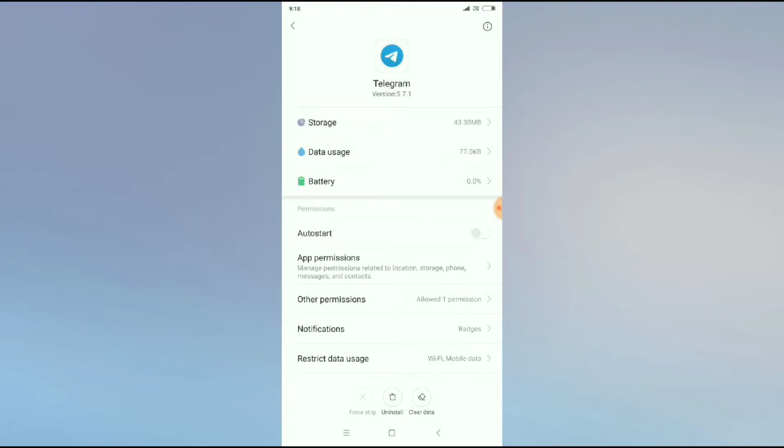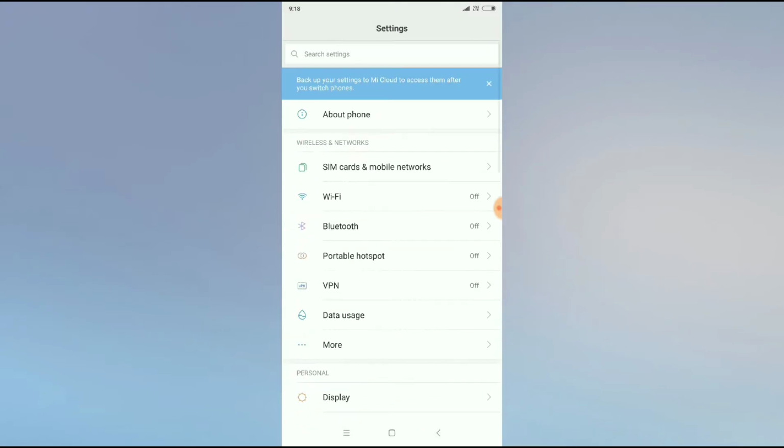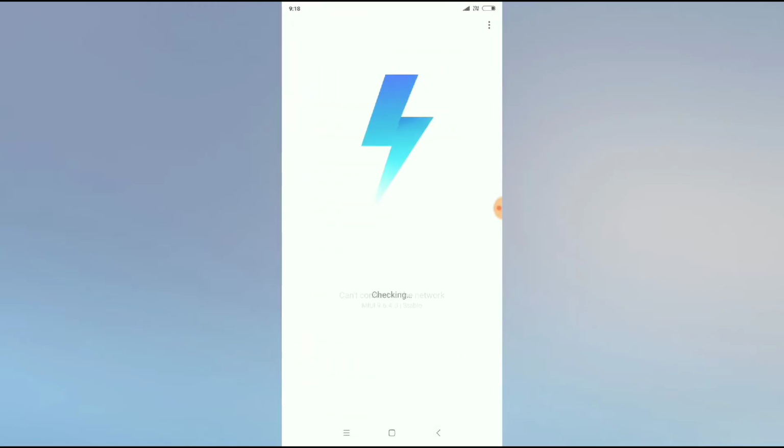And the last step is go back to the settings, go to about phone and click on about phone, and you can see system update. Press on system update, and if there is anything available for system update, you have to update it and the